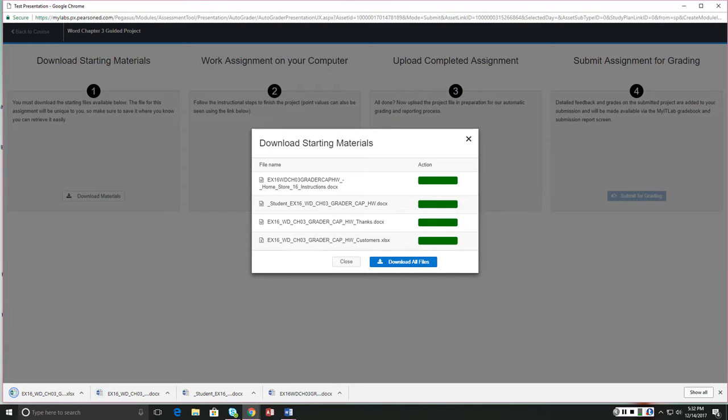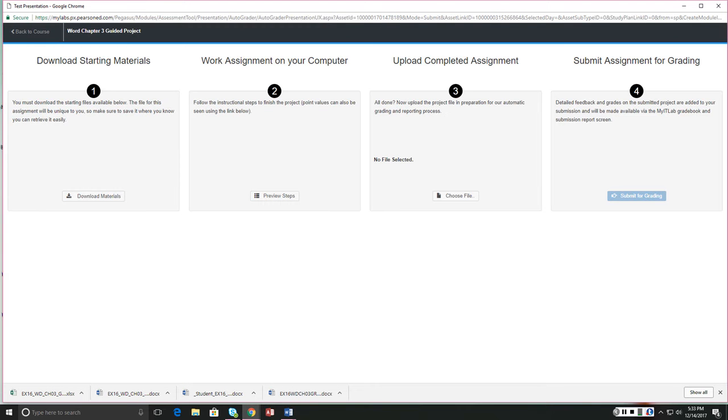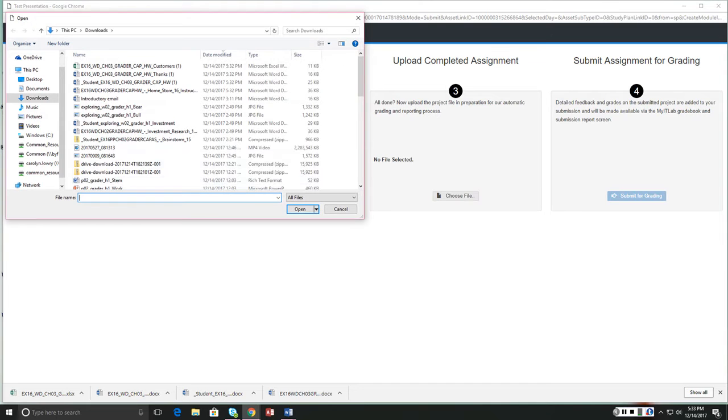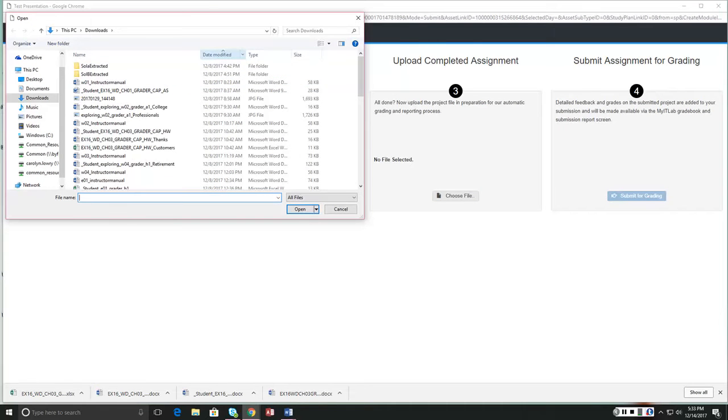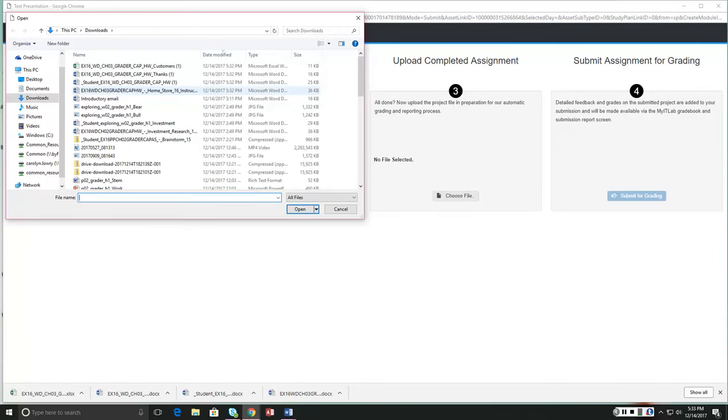Now on our tips and tricks, which I have in one of the directories, it tells you that always this is going to be the instruction, always this is going to be the file that you're going to start with, and then these are going to be supplementary files that you're going to use to complete your assignment. So I'm going to hit close, and then when you finish it, you're going to choose a file to upload, and I'm going to go to downloads where I just downloaded these, and I'm going to pull out